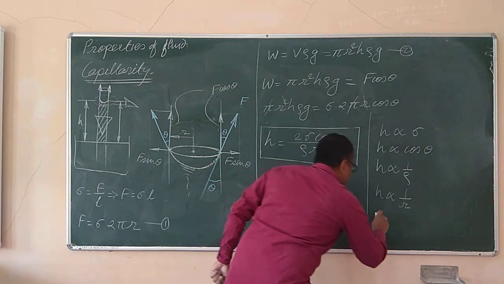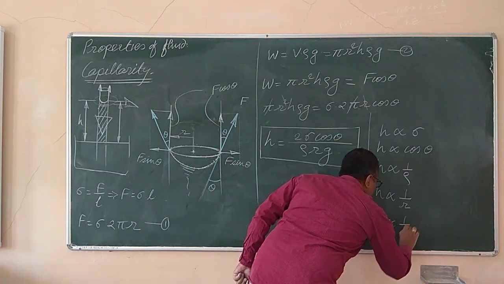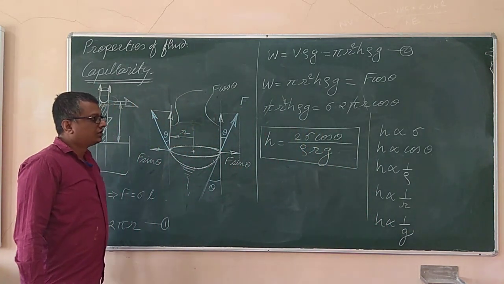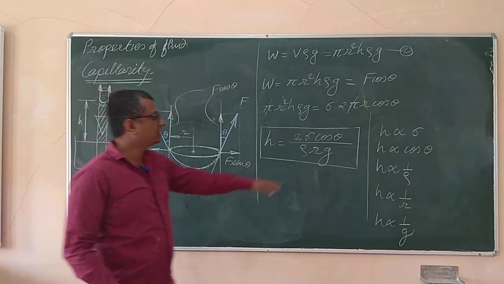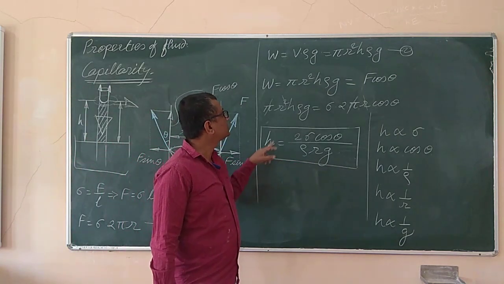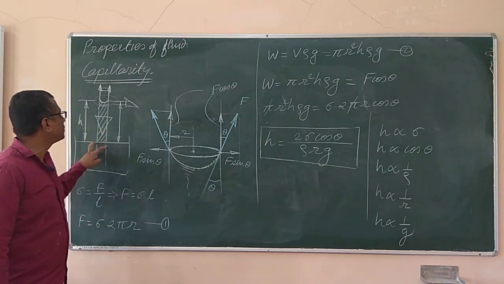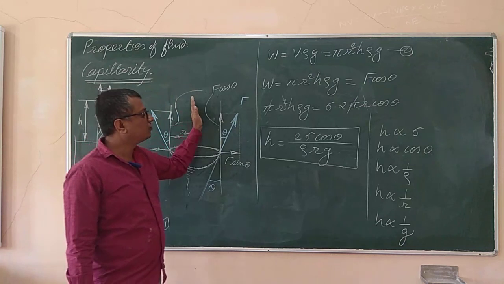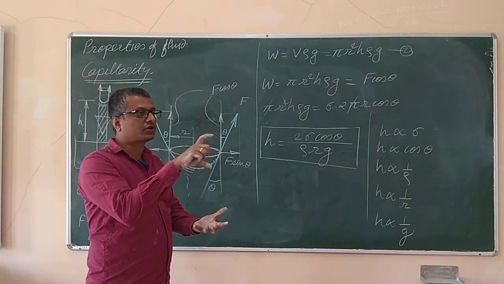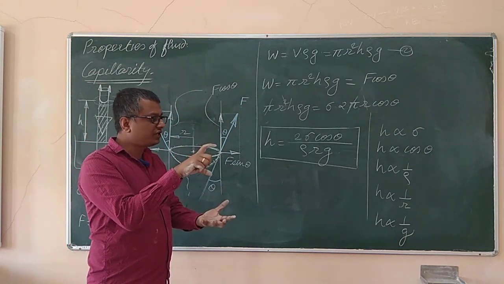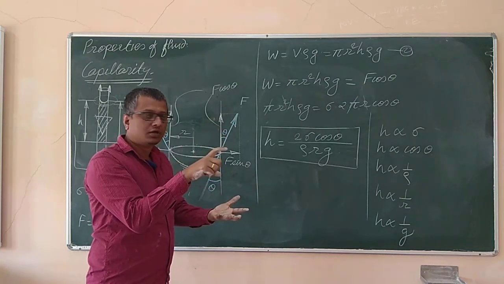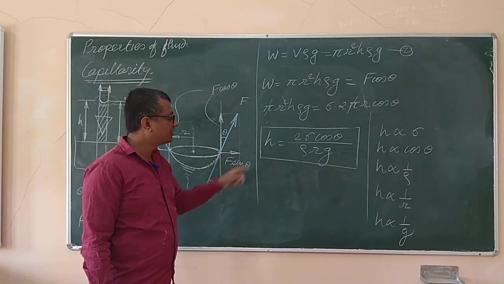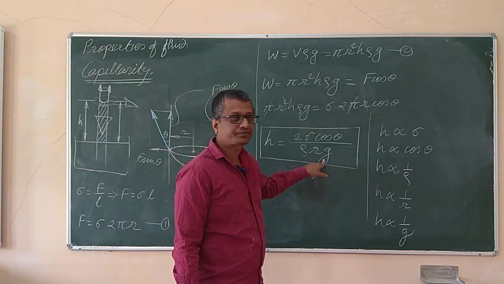And obviously h is inversely proportional to the acceleration due to gravity. If you keep reducing the acceleration due to gravity, the weight, which acts vertically down, will get reduced, and since the surface tension force is constant, the liquid level will go up. The capillary tube we have over here shows some height h. If we take the same setup to another planet, like the moon, the height of liquid level in the capillary tube will be different. The reason is g is different over there.